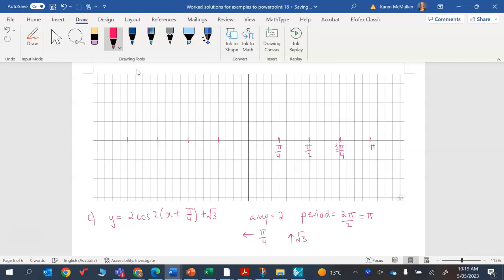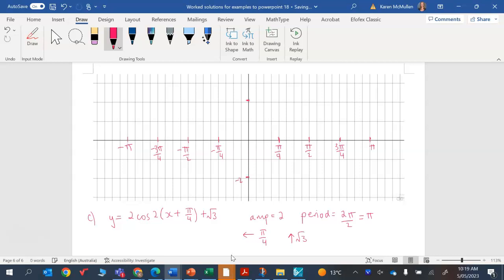Usually you'd be given a scale, because we don't want you on an exam to spend so much time doing something like this, because it can be quite time consuming. Okay, we've gone up pi on 3, so our